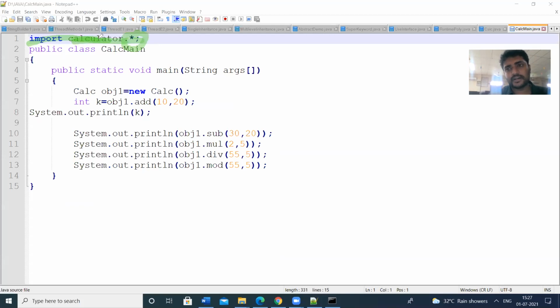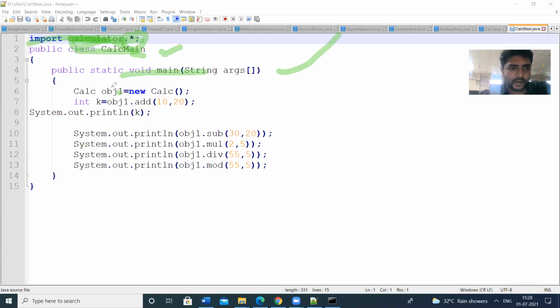Generally we will import like import java.util.asterisk. Our own package can be imported like this: import calculator.asterisk. Then calc main is the main class, with the public static void main method.